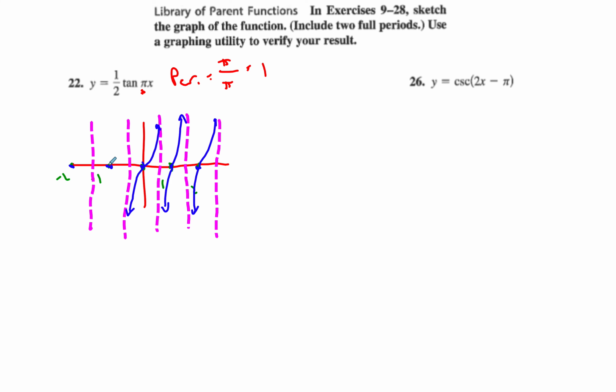which has changed. So instead of being every pi radians, about 3.14, pi is equal to 3.14, right? It's going to be happening every 1, okay? So that would be the sketch. Okay, cosecant. Well, think,